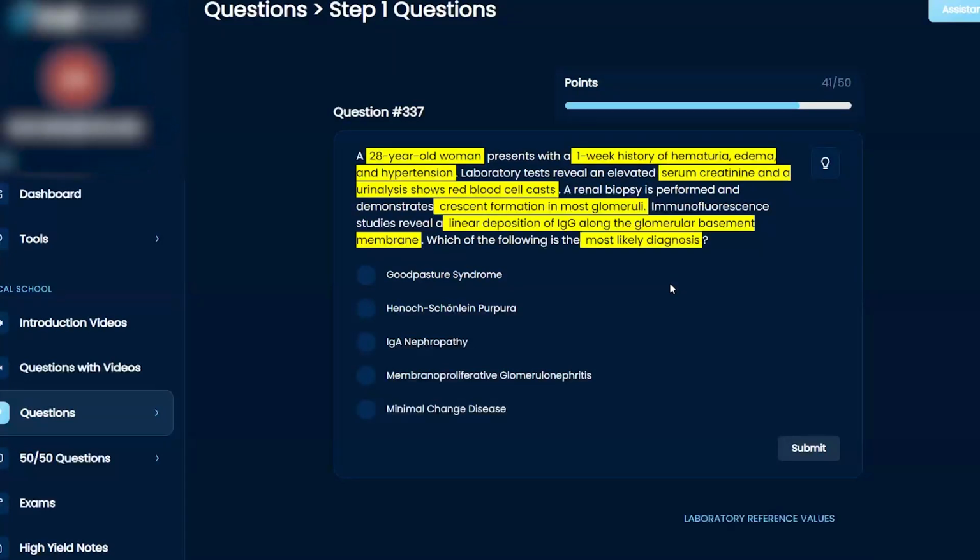So minimal change disease, you can get rid of that. That's mostly in pediatric populations, and you're not going to see anything on histology. I don't think it's MGN. Membranoproliferative, I don't think so. I don't think it's IgA nephropathy because it tells you it's IgG along the basement membrane. And I don't think it's Henoch